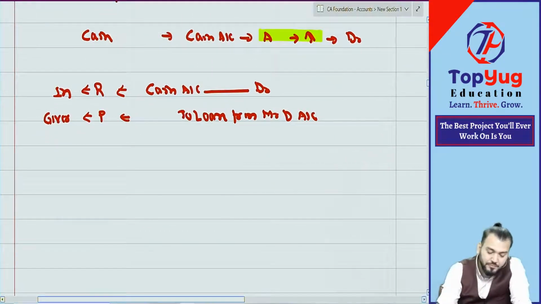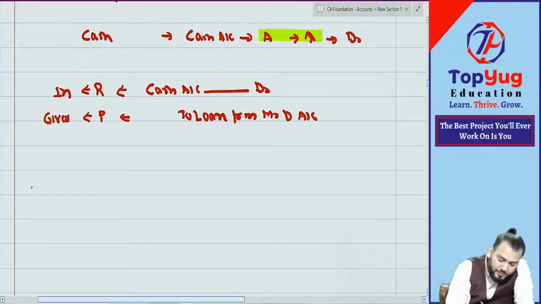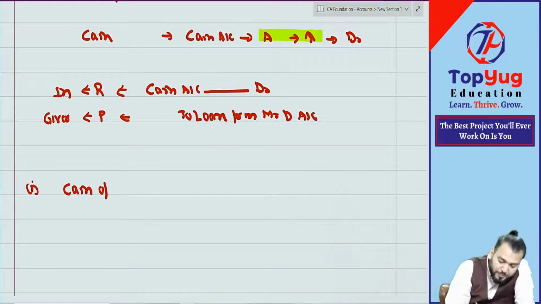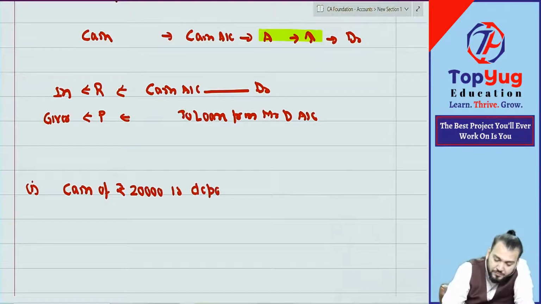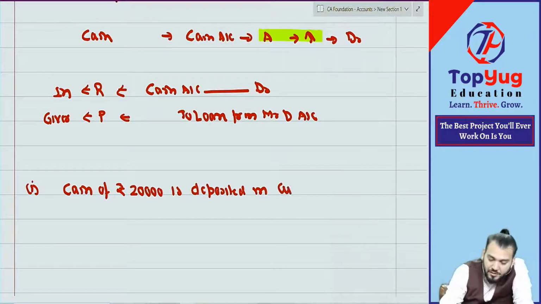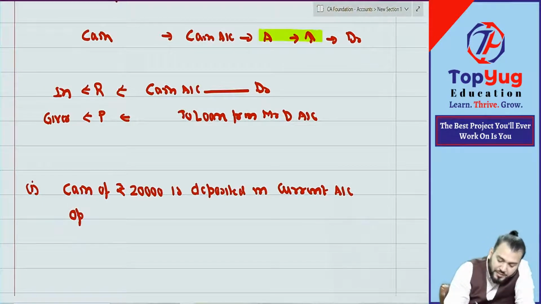Alright. Next. Now you will do this: cash of rupees 20,000 is deposited in a current account opened in